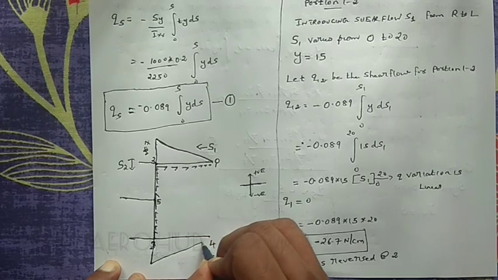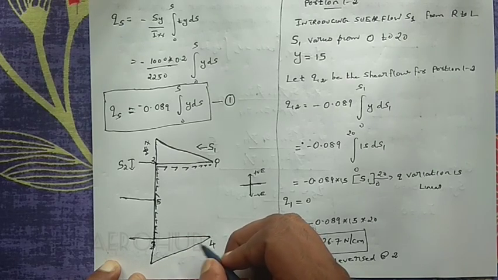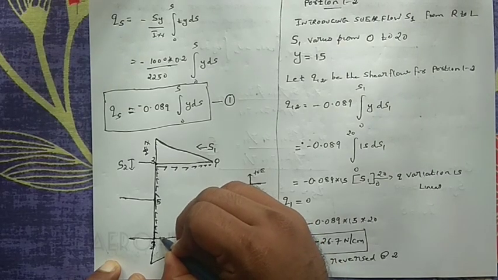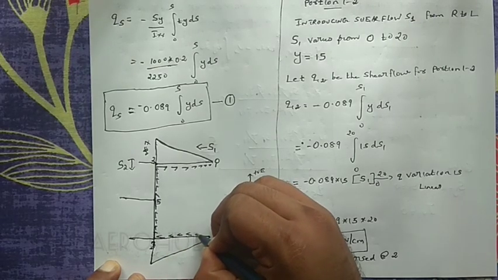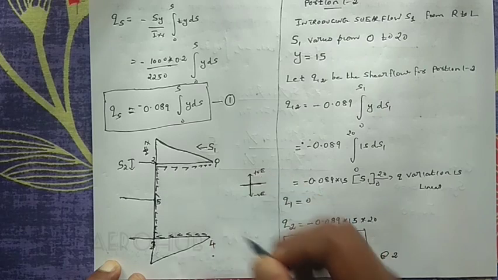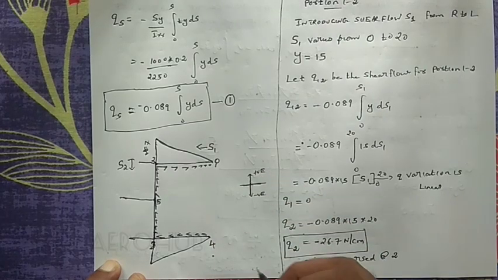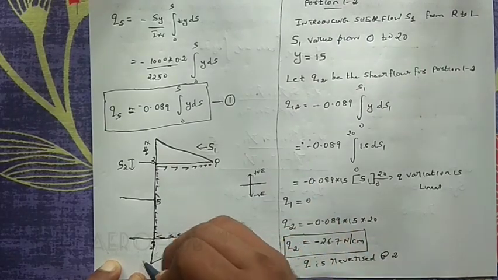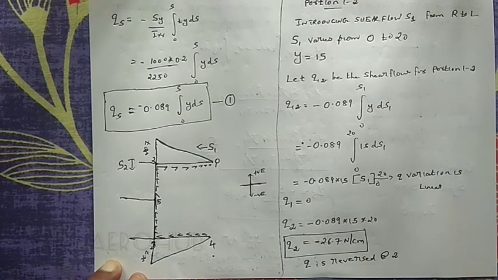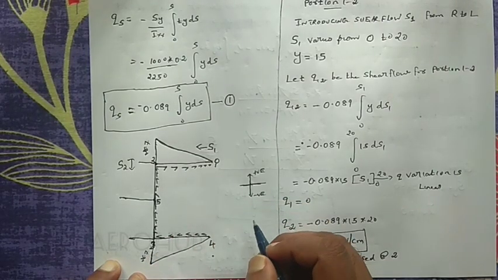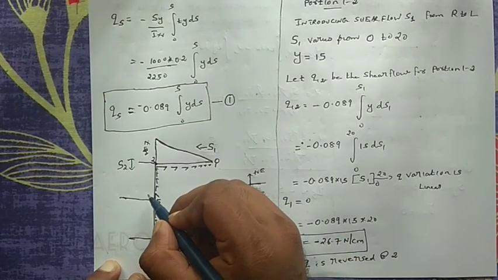So this diagram will be repeated. Okay, now it will be something like this shear flow distribution, and at the edge it will be 0. Okay, and you can see this is 26.7, and you can see that for portion 2, 3 the variation is